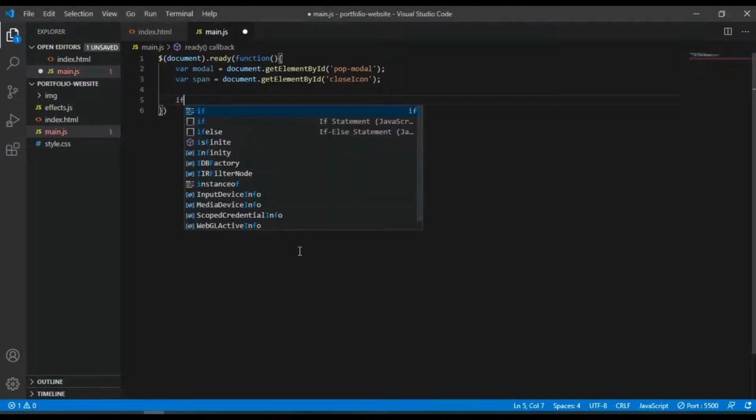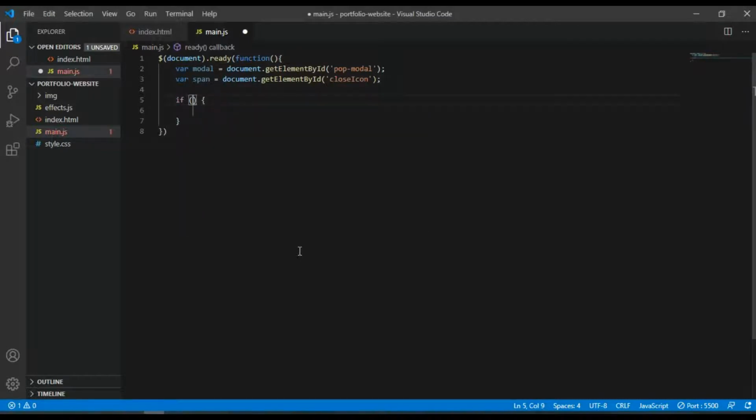So to do this, I want to do a condition. So let me check match media.